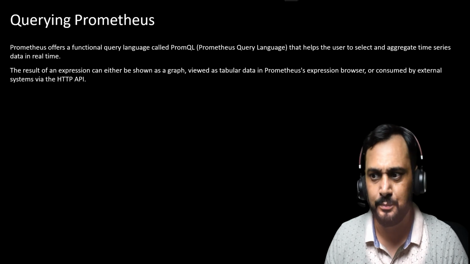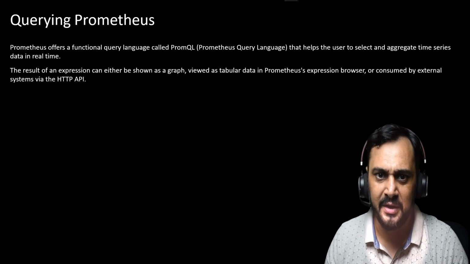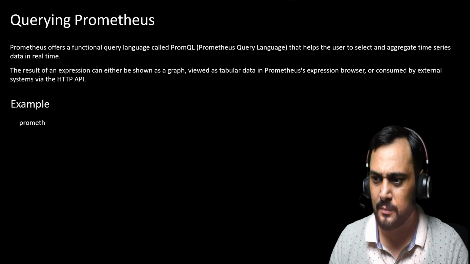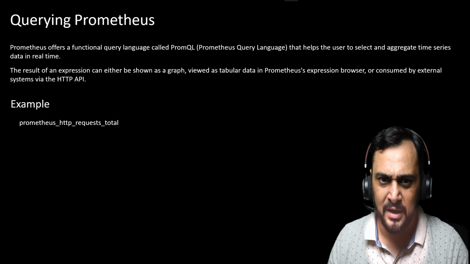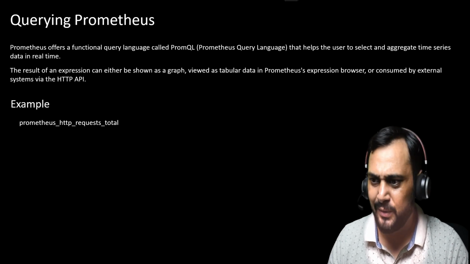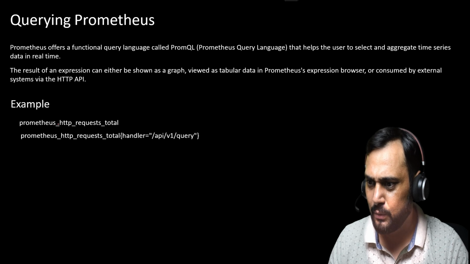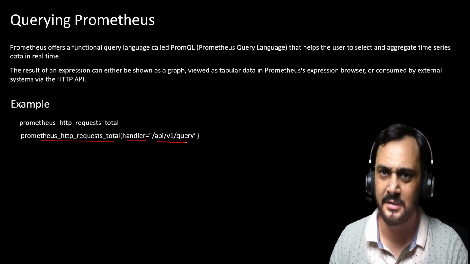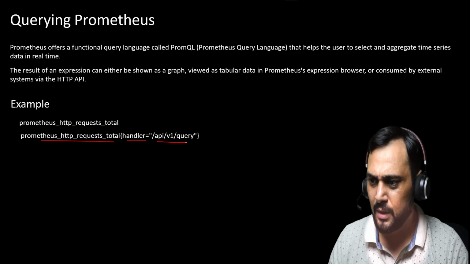As we know, Prometheus exposes a database through HTTP, right? So we can use HTTP. Let's move forward. Example. prometheus_http_request_total. If we execute this command, or maybe we can execute prometheus_http with a handler, whatever the handler is, I will show you in a couple of minutes. When we execute this, it means that